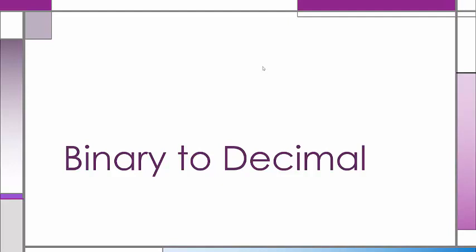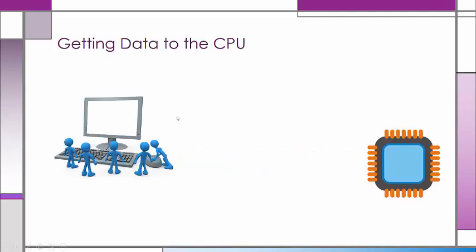All right, so we're going to be digging down into the CPU and into the guts of the computer. We're going to talk about binary and decimal and how that relates to what we're doing. So let's dig in. When a person types something at a keyboard, they might type in an A or a